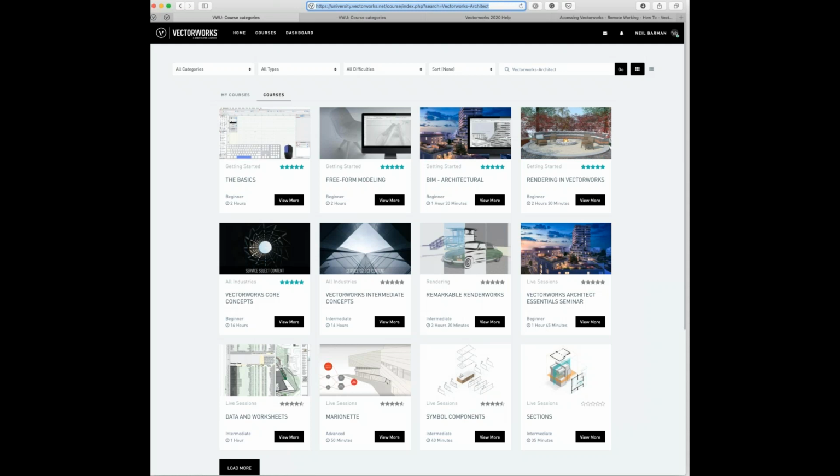But if it's a small project and I'm working with you, Neil, and you say to me, look, Jonathan, could you just sort out that corner of the building, it's a bit naff and you need to work on it a little bit, then screen annotation tools would be the way to go. So you can actually just draw a little annotation, draw an idea. But the other thing to remember is if you're working with someone else and you want to look at their drawing and leave comments,